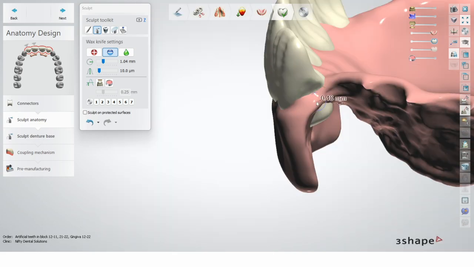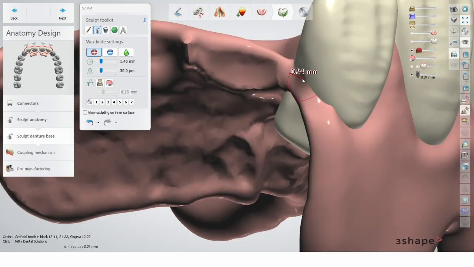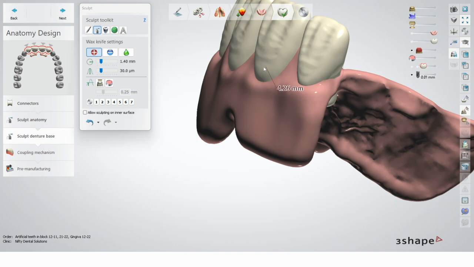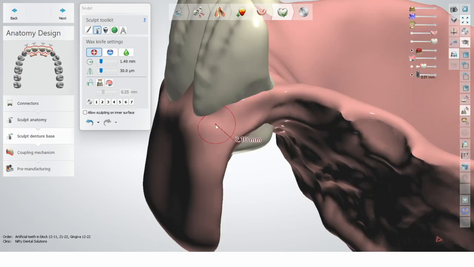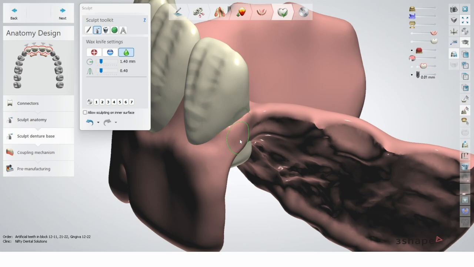Be careful not to remove too much, it could create some problems. So now we can go back to the sculpt denture base and I can have a play there, add a bit of the material that I couldn't add earlier. Same on the other side. So I want to wrap around the tooth with the gingiva, with the denture base. So when we're going to do the coupling mechanism at the next stage, it's gonna create an eye socket. That will prevent our teeth from rotating. It's gonna be easier to find position.